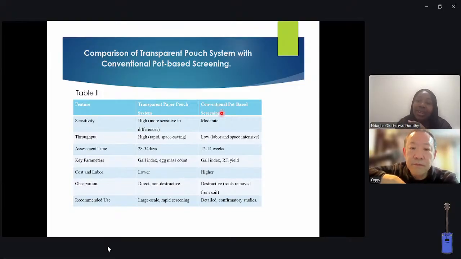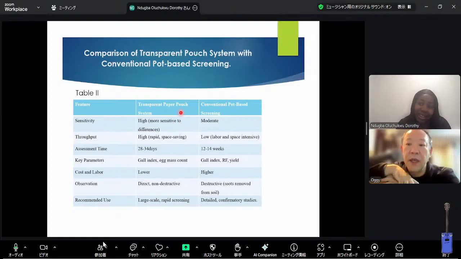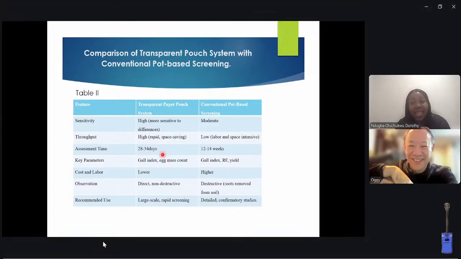So let me say this is the old method and this is the new method. Okay, yes, that's the explanation. And for the assessment time,